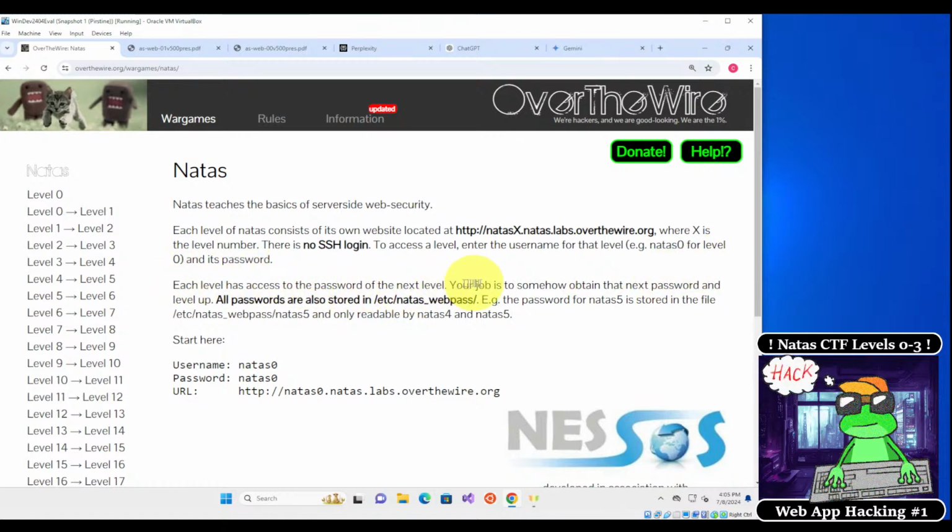To access a level, enter the username for that level, for example, Natas0 for level 0, and its password. Each level has access to the password of the next level. Your job is to somehow obtain the next password and level up. All passwords are stored in the /etc/natas_webpass directory. So this detail right here indicates that the Natas web server is running on a Linux machine because